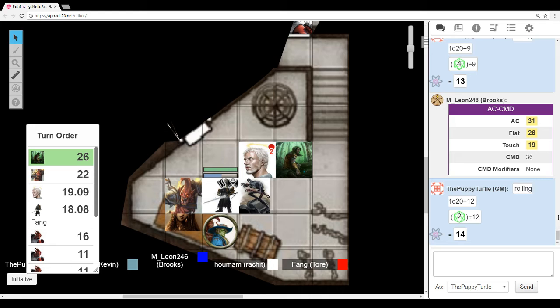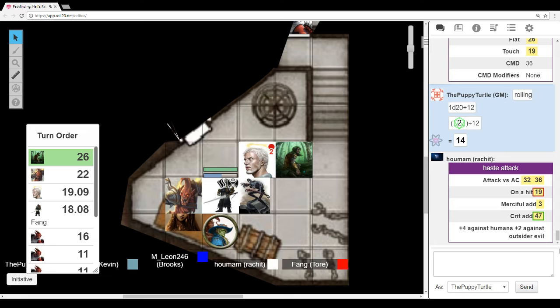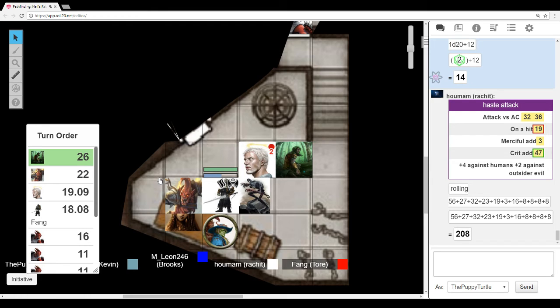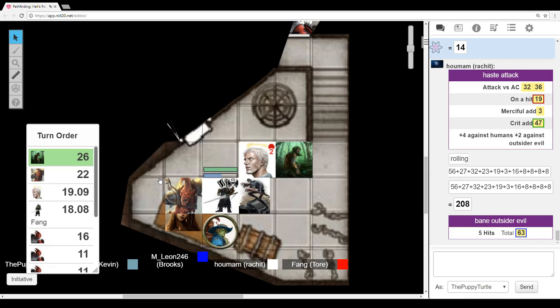So, continuing, Humam made his will save earlier, I think. And he did a bunch of attacks, so let's figure those out. Every longbow attack hits, as does the haste attack. It's a nice amount of damage. Because he has Bane and he has Merciful, this may down him. It also might not because he has max HP like everything else, but it might. So including the Bane? Oh, damn. Over the course of 5 hits, so